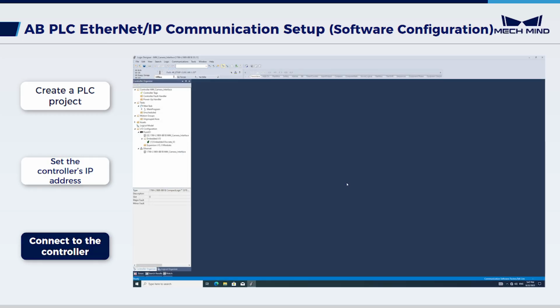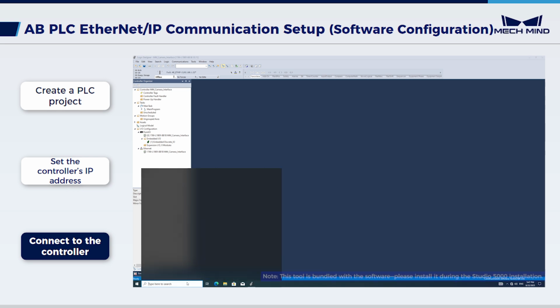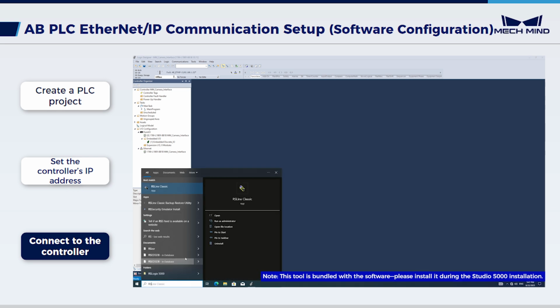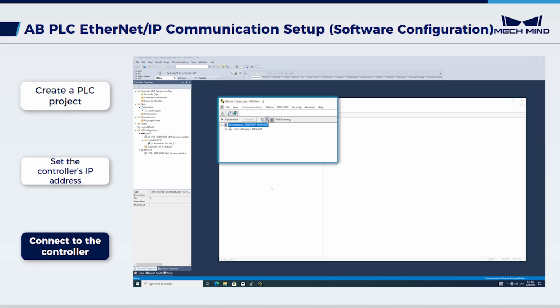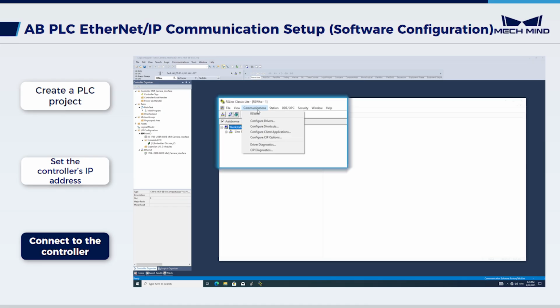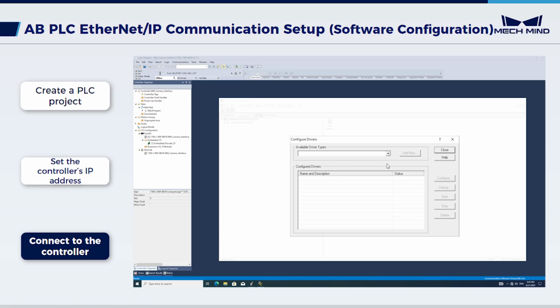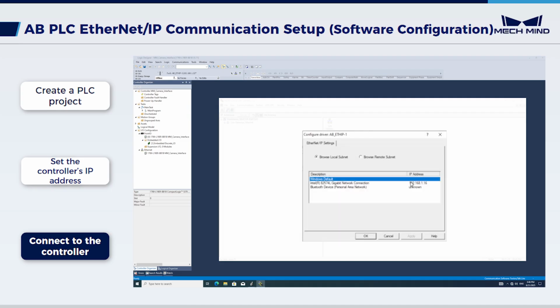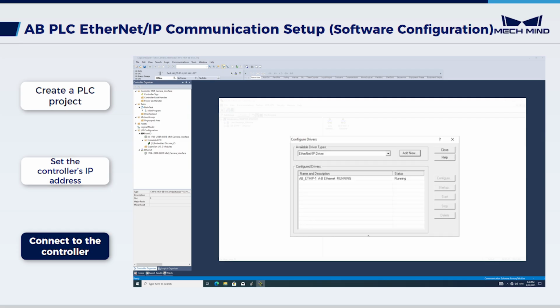Next, allow the engineering PC to discover the controller and establish an Ethernet IP connection. Search for RS-Links Classic. Go to Communications, Configure Drivers. Add an Ethernet IP driver instance so the PC can browse Ethernet IP devices. When prompted, select the Ethernet adapter connected to the PLC. This binds the driver to the correct network interface for communication. After the driver instance shows as running,